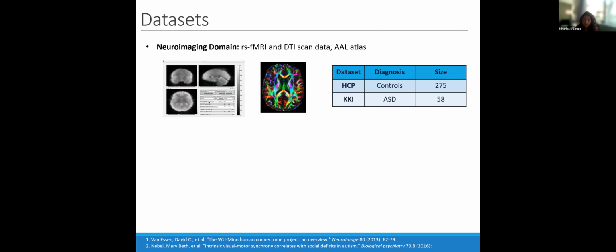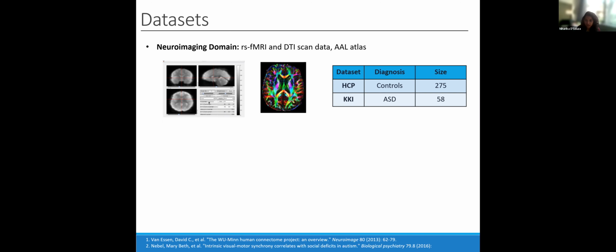For this study, we evaluate on two separate data sets with fMRI and DTI scans. The first is a set of healthy controls from the HCP database, while the second is our in-house data set of patients with autism. For the purposes of evaluation, we use functional connectivity matrices obtained from average regional time series. And for the DTI data, we use outputs of tractography, that is, the estimates of the fiber tracks between regions